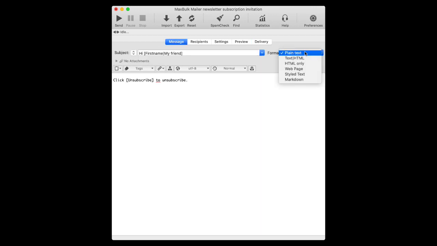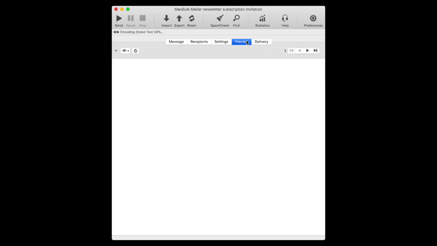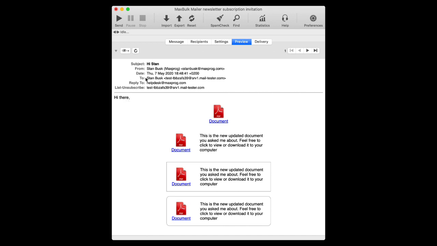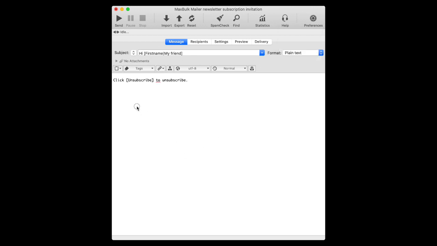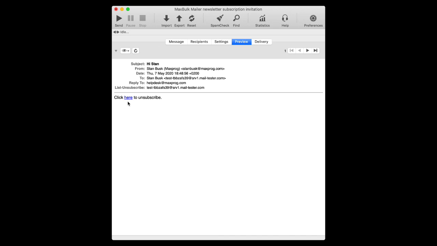You can hide it using the style text format. Sorry, but I have to copy and paste the text I'm doing. Copy and paste here. Okay, and now you can see the preview. The text is hidden